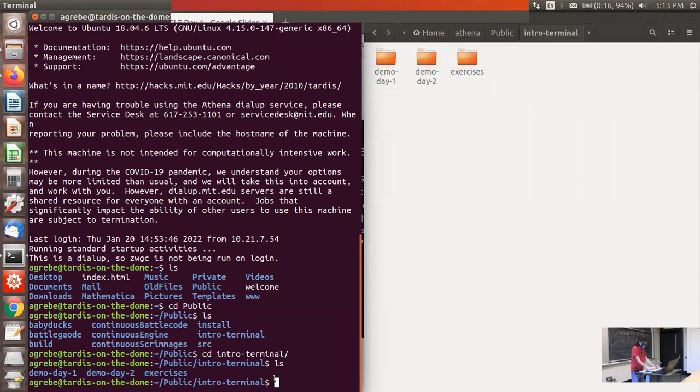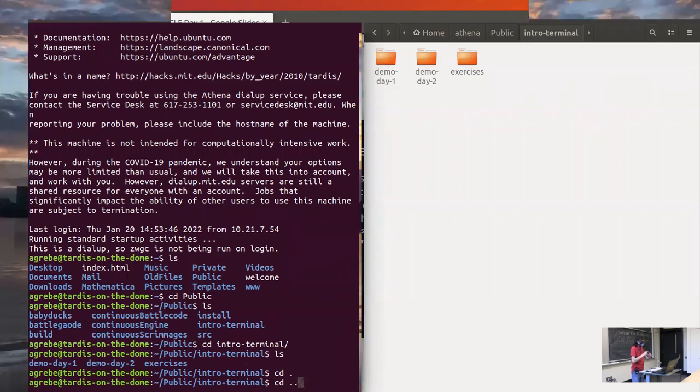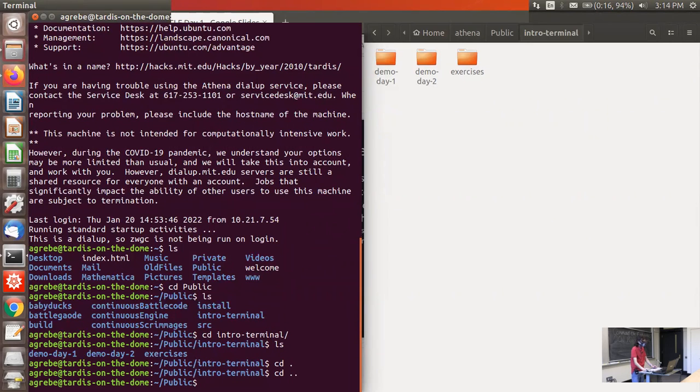There's a directory called a single dot, which is the current directory. So if I type this command, it will change from the current directory into the current directory, which will basically do nothing. Now there's a double dot, which is go up one level. And so if I type cd .. then I will go up one level in the directory structure, which will bring me back to this public directory.